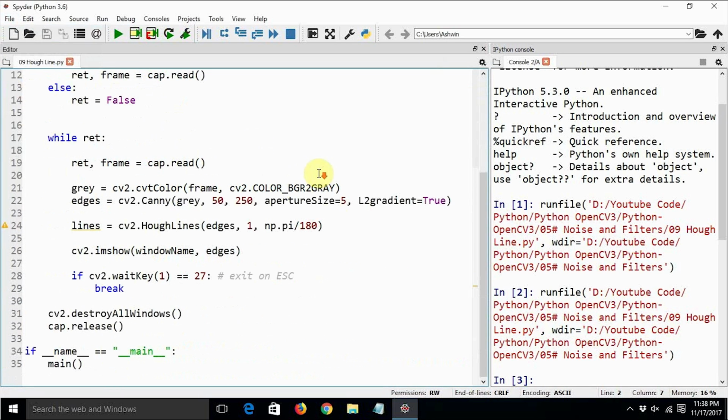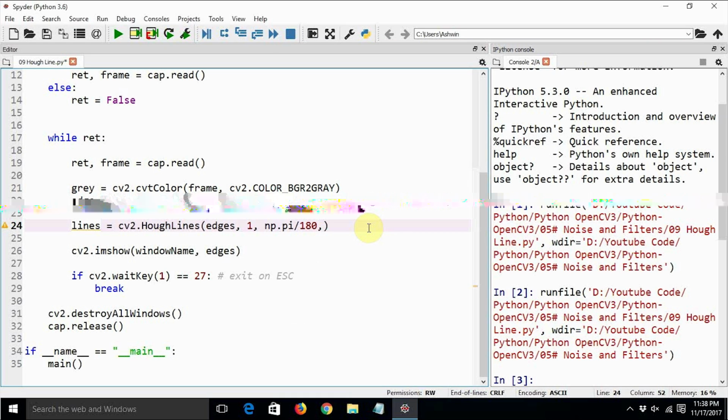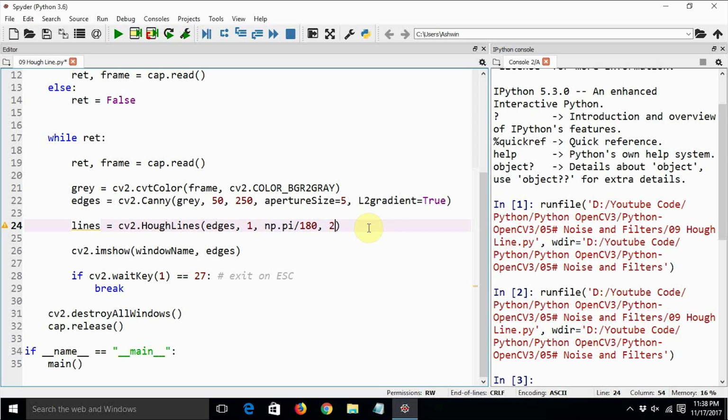The final argument that we need to pass is the threshold. It is the threshold of the accumulator. It should be around 200 or 250. Let's keep it 200 as of now, and then we can adjust it depending on the situation, or on the lighting conditions and so on.